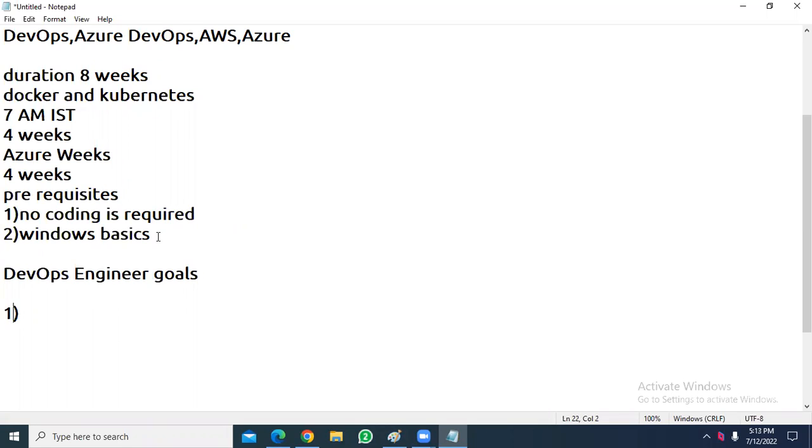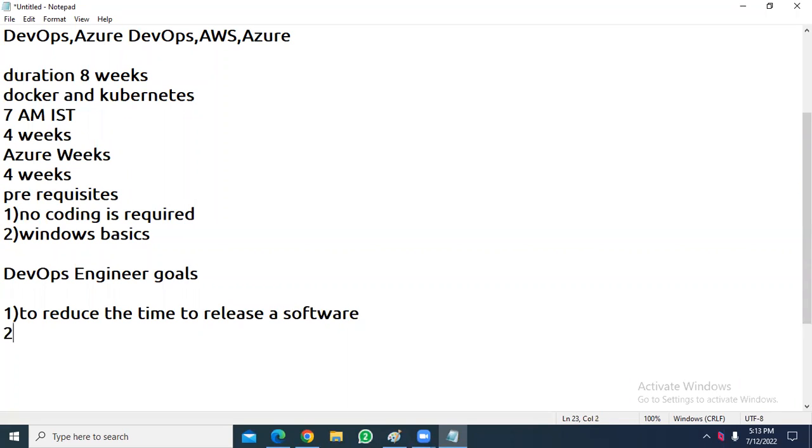The primary responsibility of a DevOps engineer is to reduce the time to release a software. This is the primary goal.